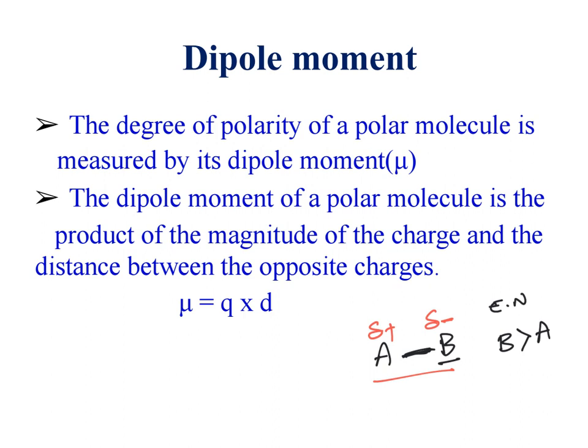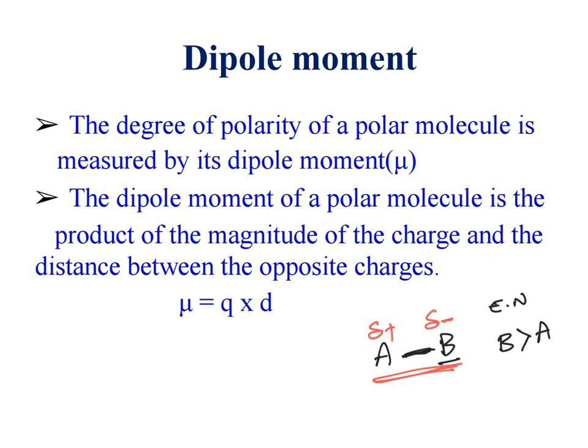electronegativity of two atoms held together by a chemical bond, and the magnitude of the dipole moment always depends on the difference in the electronegativity of the atoms. If the difference between these two atoms' electronegativity is more, then the strength of the dipole moment is high. The greater the difference in electronegativity, the greater the dipole moment.